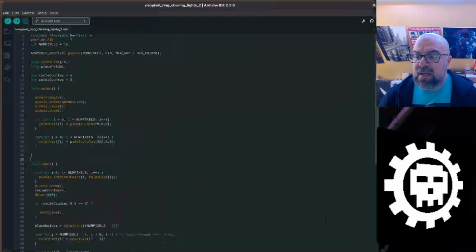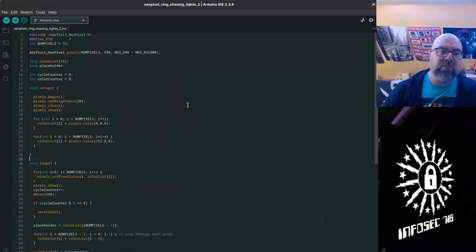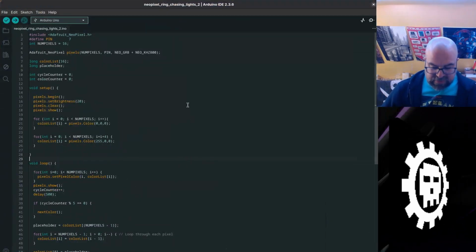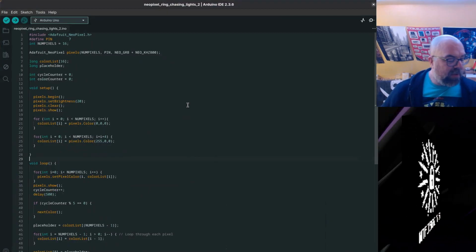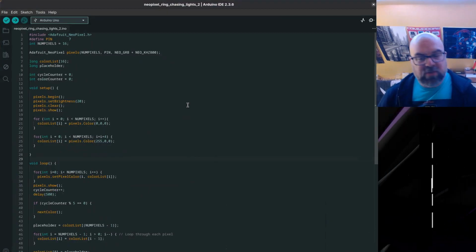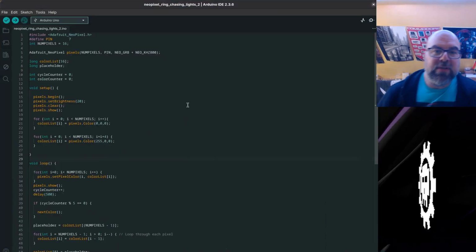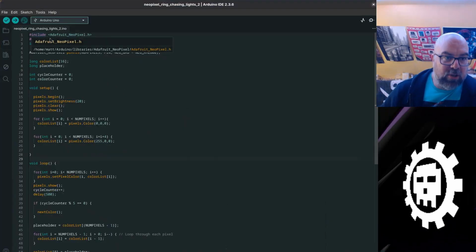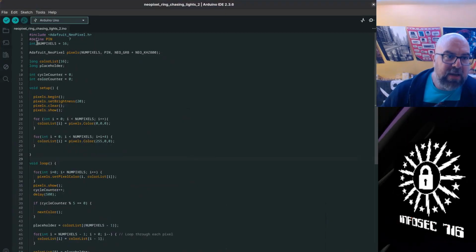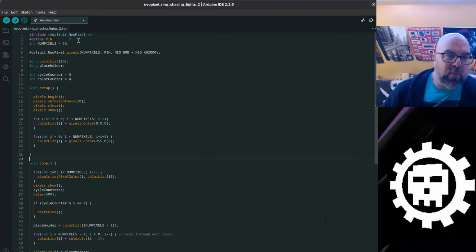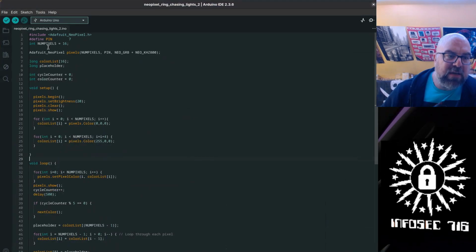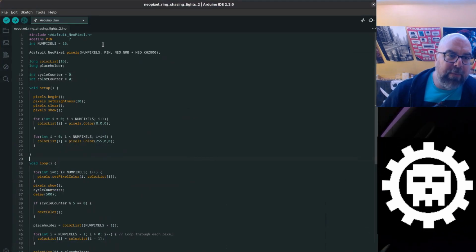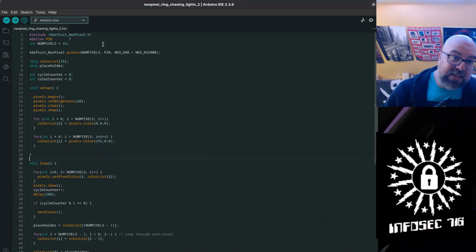We want this NeoPixel ring chasing lights program that I wrote. So this is a fairly simple program. We've used these NeoPixel rings before, but this is a slightly different technique, so I kind of want to trace through it here. So we start by including our NeoPixel library, defining the pin that our NeoPixel ring is plugged into. It's plugged into pin 7, setting the integer num pixels to 16 because we have 16 LEDs on our